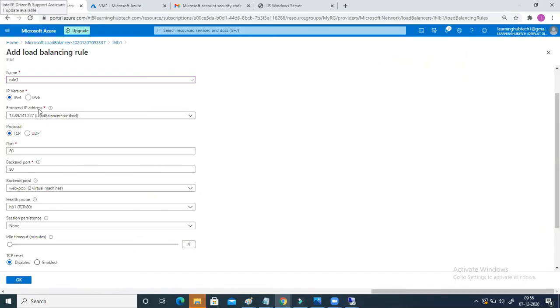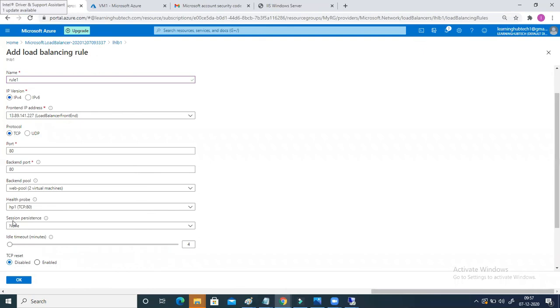This is your frontend IP address of the load balancer. I'm saying that when any session comes and hits this frontend IP address on port 80, redirect it to the backend pool. The pool is the web pool. There you have two virtual machines, and all of the communication happening on the backend target should happen on the backend port, that is port 80 here. Also, I have configured a health probe, and the name of that health probe is HP1, where I have mentioned how the load balancer should check the health of the backend target. That is also integrated in it.